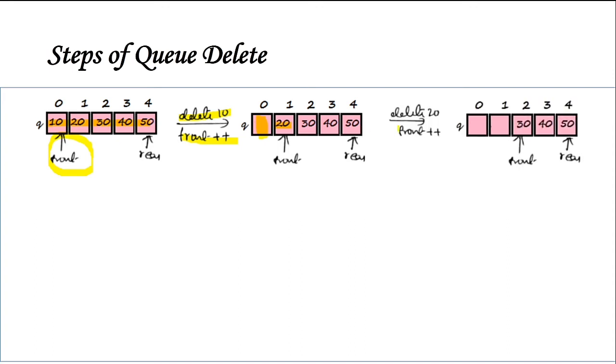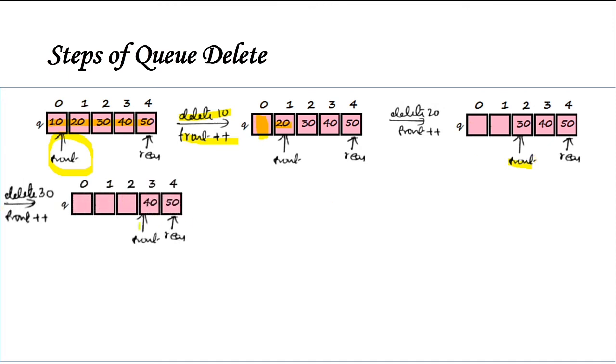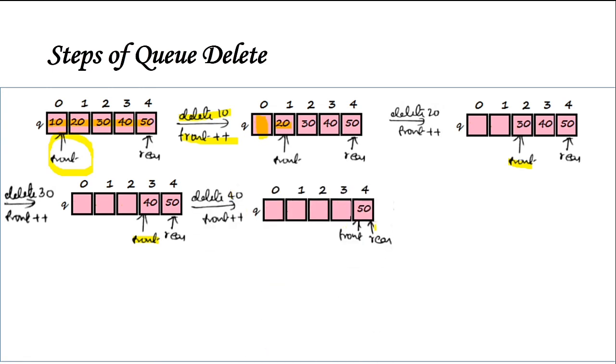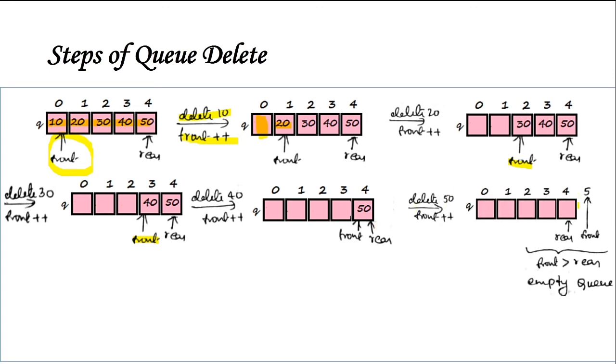That is the concept of queue. Now when I press delete, again 20 will be deleted, front will be pointing to the next element. Again if I delete, 30 will be deleted, front will be pointing to the next element. Again if I delete, 40 will be deleted, and front and rear will be equal now. Again when I delete, front will move to the next index, that is front will be greater than rear now, right? When front is greater than rear, there is nothing left in the queue. So you need to go for an empty queue now.